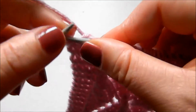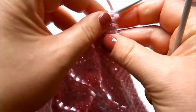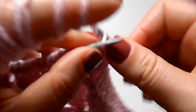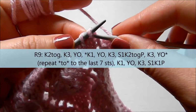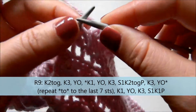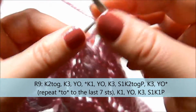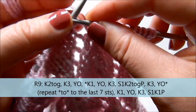Then the next row is purl, and we jump to row number 9. Now you can really start to see the shape of the leaf. And this and the rest of the ones till row number 15 are a bit different. So I started with knit 2 together, knit 3, and then yarn over, and then